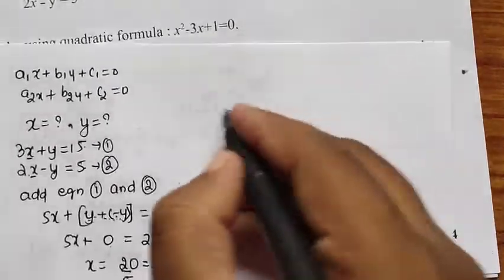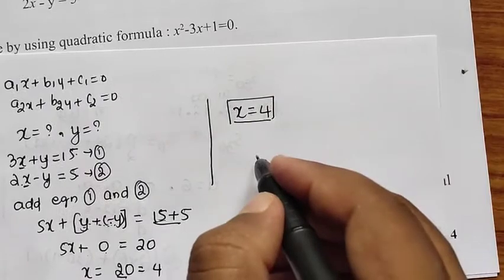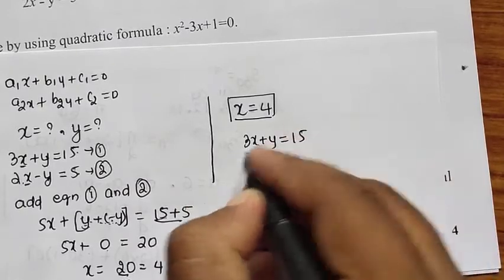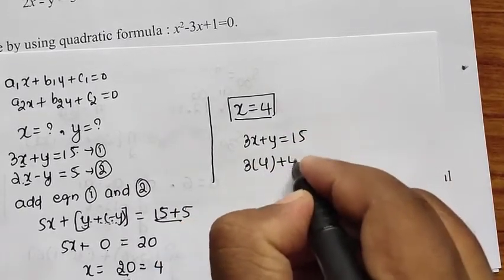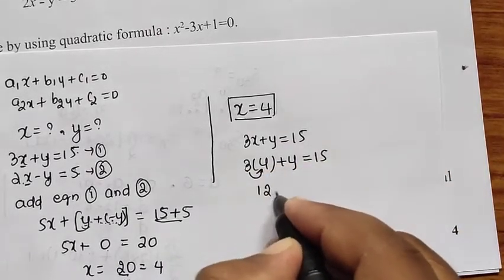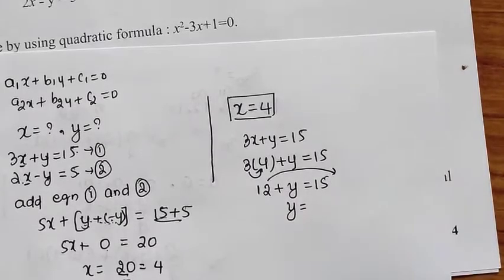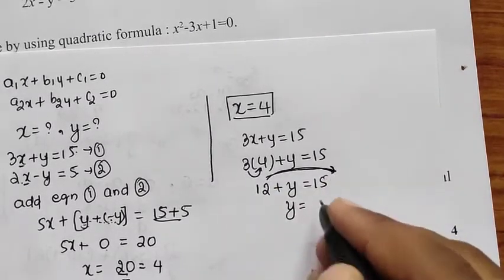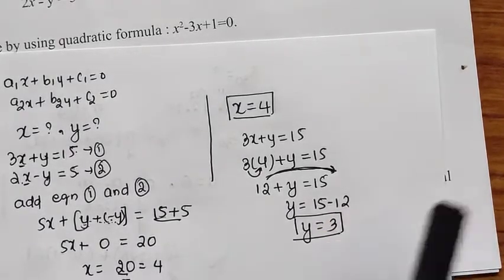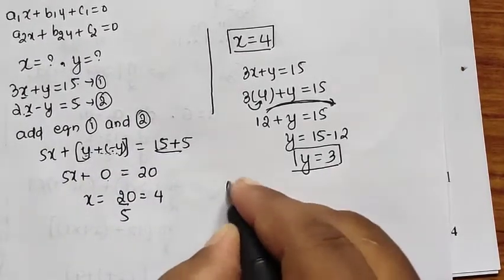x का वैल्यू 4। अगर x का वैल्यू 4 आता है, तो कोई एक इक्वेशन में सब्स्टिट्यूट कर दो। मान लेते हैं 3x प्लस y इज इक्वल टू 15 ले रहे हैं, तो x का वैल्यू अगर 4 है, 3 इंटू 4 इज हाउ मच, यू हैव 12 प्लस y इज इक्वल टू 15। y ऐसे ही रख दो, 12 को इधर लेके जाना है, जो इज इक्वल टू के वो साइड लेके जाओगे तो माइनस हो जाएगा, 15 माइनस 12, इट मीन्स 3, y की वैल्यू 3। So this is the answer you have, x is equal to 4 and y is equal to 3.